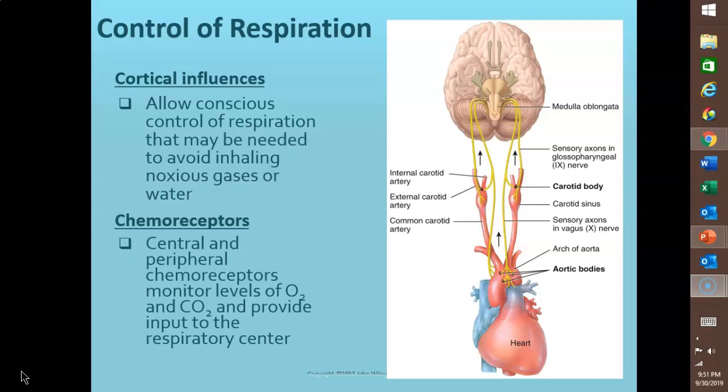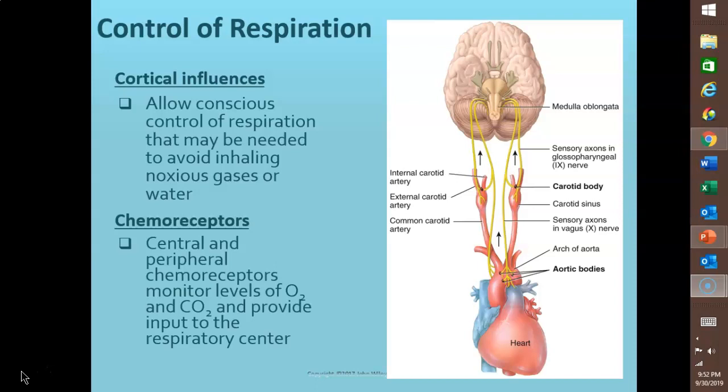Located near the medulla oblongata, they respond to changing levels in hydrogen ions or CO2, or even both, in cerebrospinal fluid. Peripheral chemoreceptors are located in the aortic body, so there are clusters of these chemoreceptors in the walls of the aortic arch, and in the carotid bodies, which are in the walls of the left and right carotid